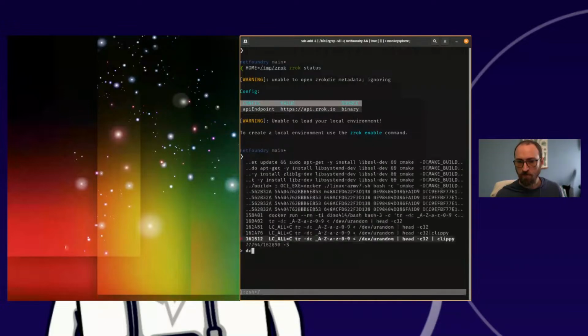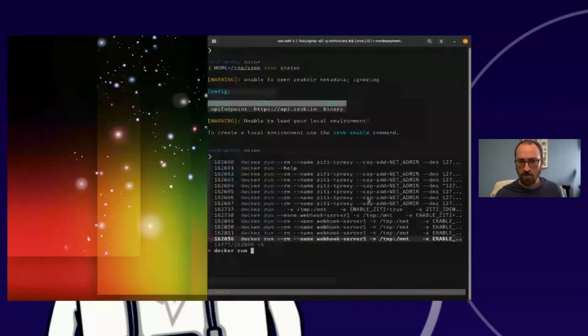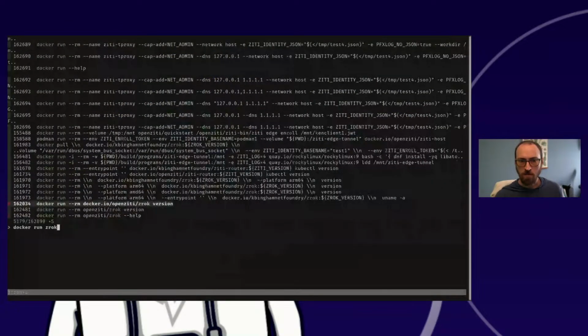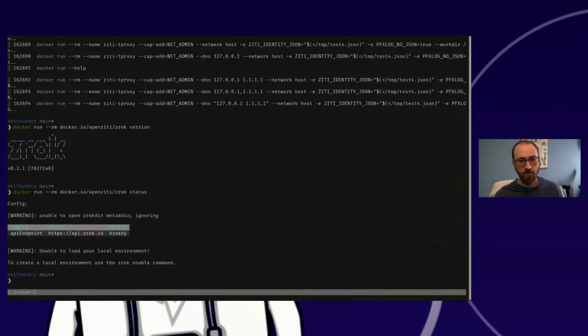So let's see, I should have on my history a command already for running zrok, because we do have images. So it looks like the latest image is 031. If I say status without any configuration, it's trying to use zrok.io, which is the public free platform, and it doesn't have any enabled environment stuff. So if I change this command